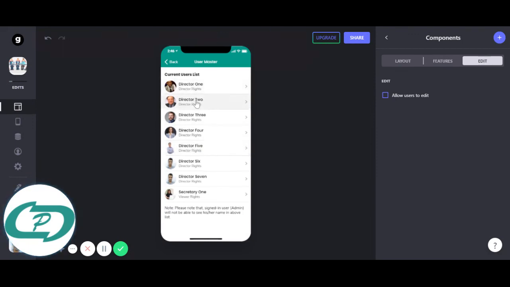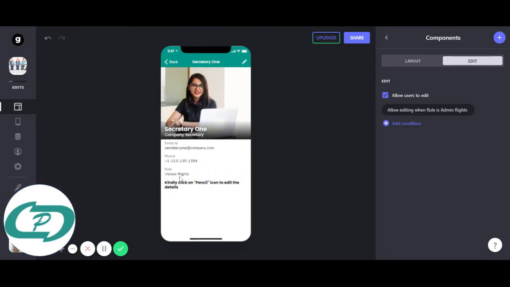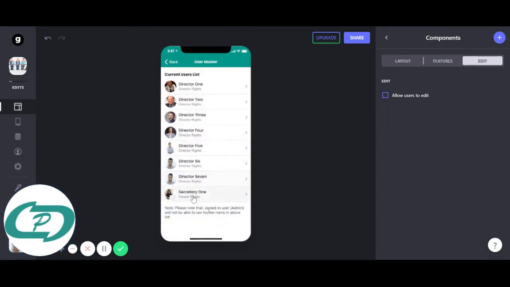So you can see I have added all the directors, as well as, if we want to give access to any other person like a secretary or probably a CFO or CEO, you can add as a user, but you can give different roles as rights. So I have given this person viewer rights.